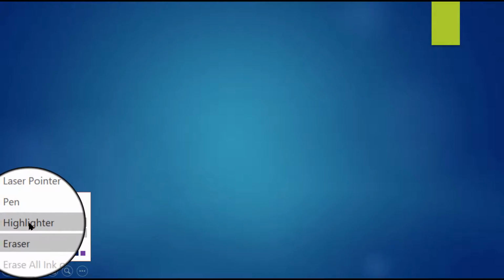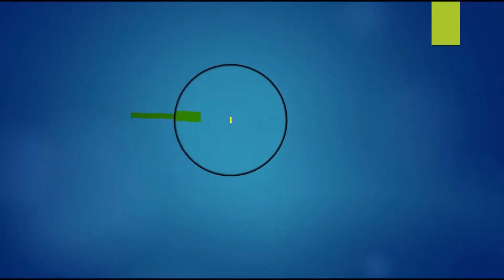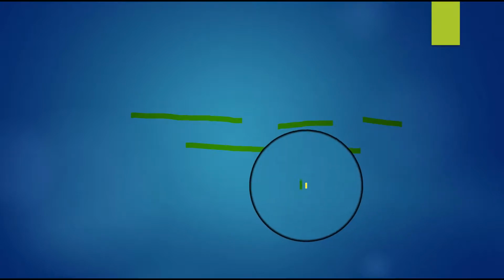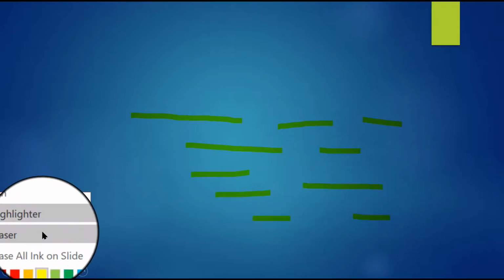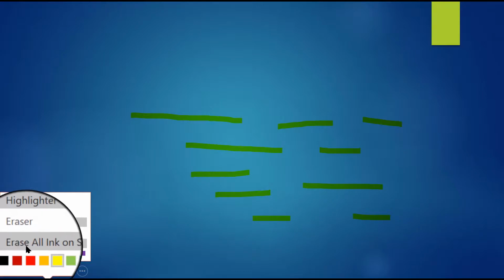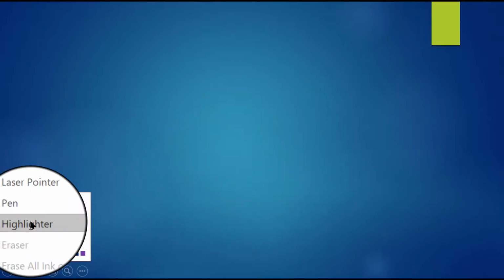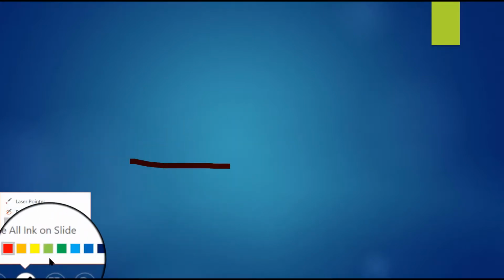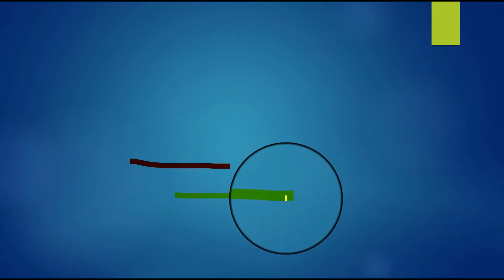And you can also use a highlighter to highlight certain text or a graph or any section of your PowerPoint. Again, you can go back and you can just simply click on the erase all ink on slide, then it will erase everything. For example, if you click on the highlighter, you can choose different color. So this is red color, and if you consider the yellow,